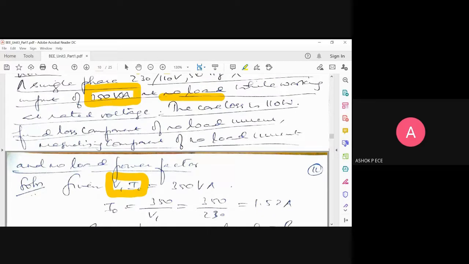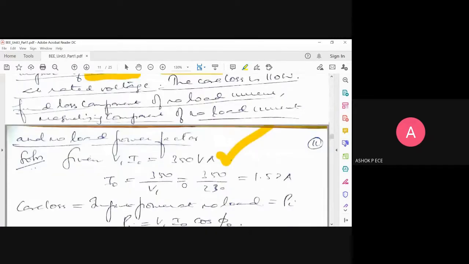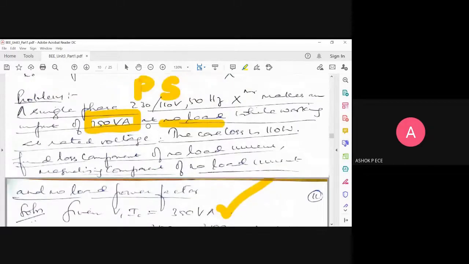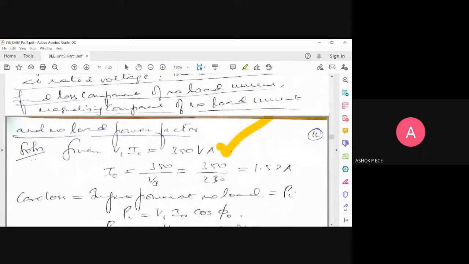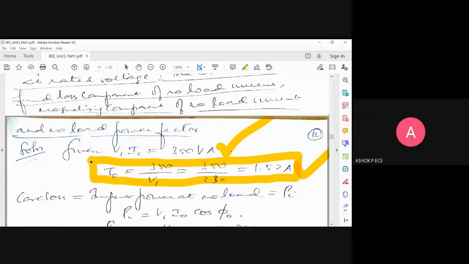From the unit you can easily get what you have to multiply. So 350 volt ampere is given. Volt means primary voltage, ampere means primary current. So V1 into I naught equal to 350 volt ampere, and from this you can find I naught. Because V1 is 230, 350 by 230 gives 1.52 amps. So the entire no load current flowing in the primary is 1.52 amperes. It is a very negligible current. Usually primary current will be very high, but only 1.52 amperes flows because of no load current.